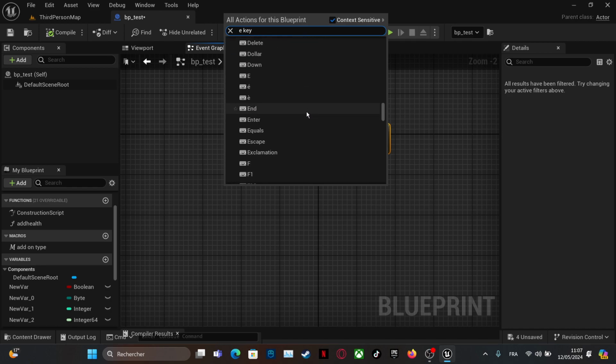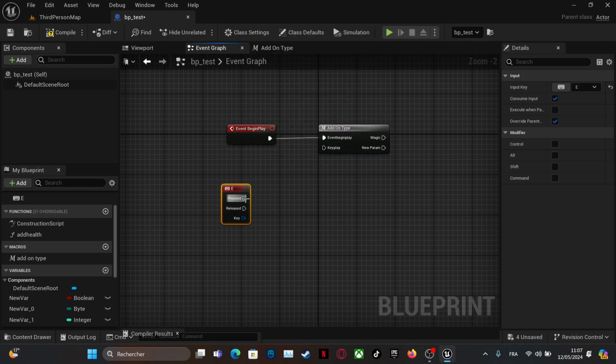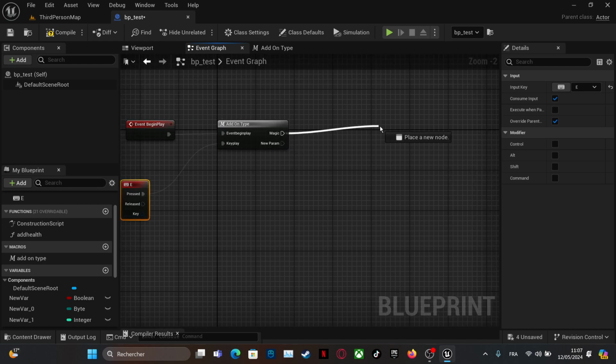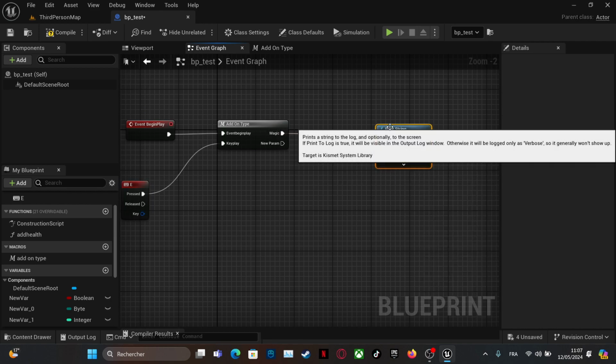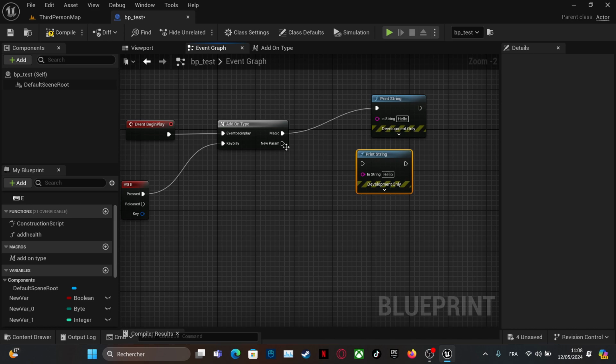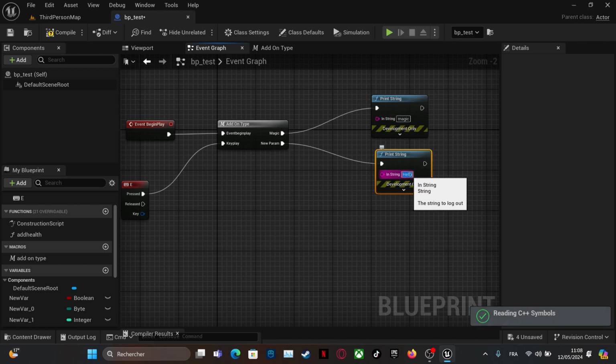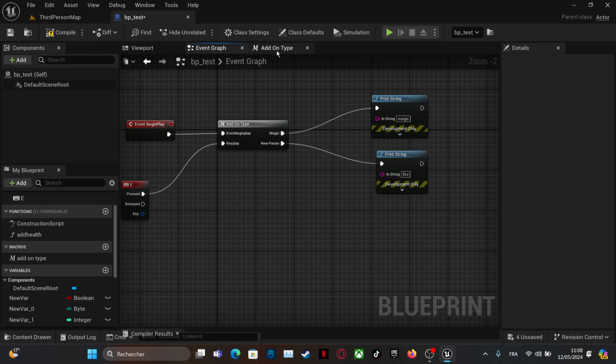So if we press the E key here, it's magic. Print string, duplicated, and magic, fire. So we forgot to compile here.